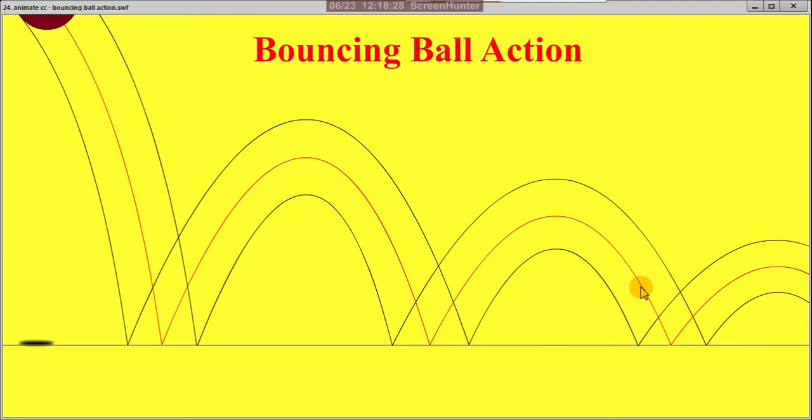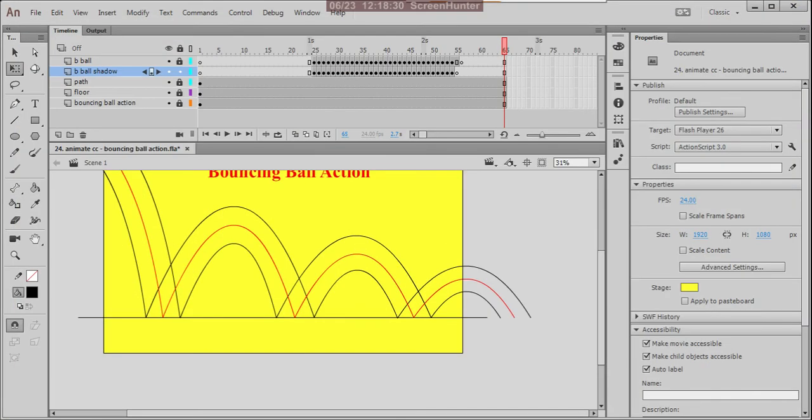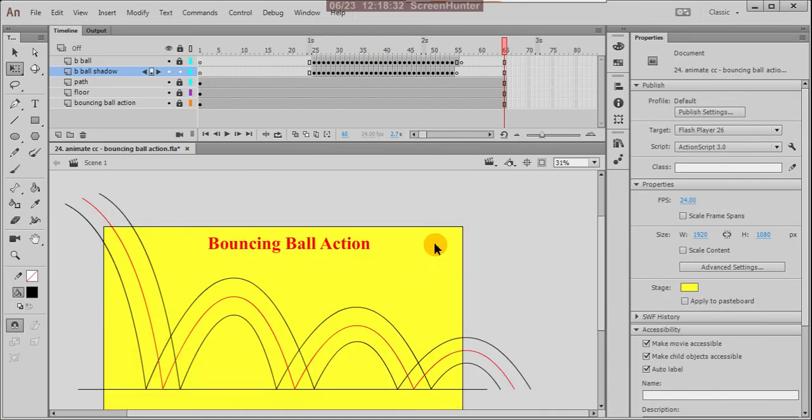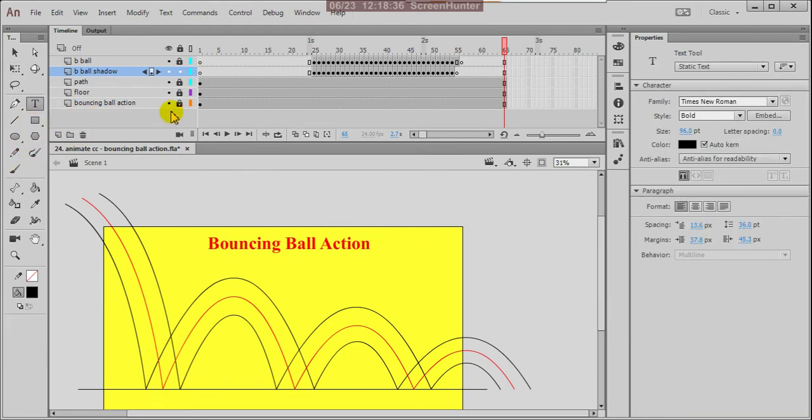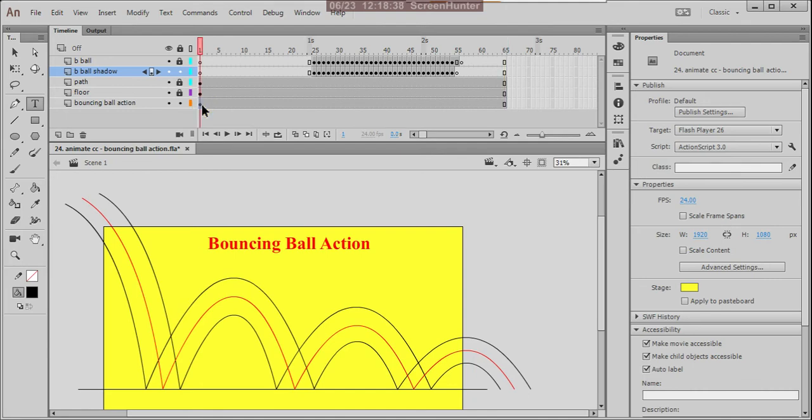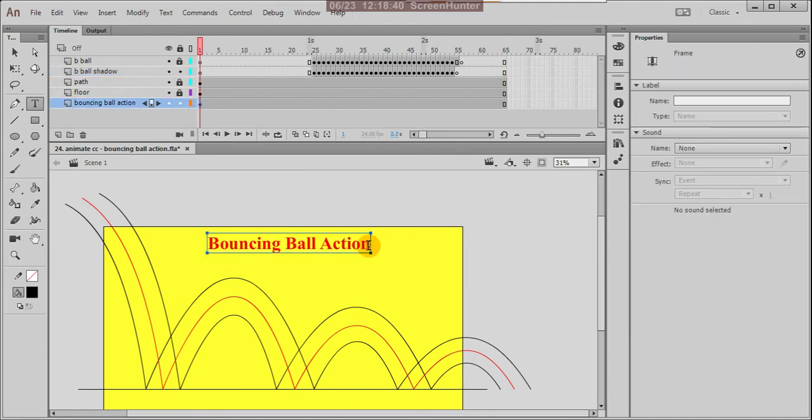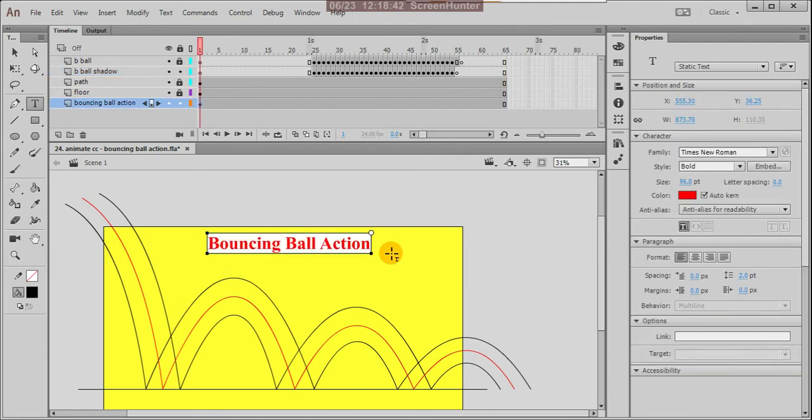So bouncing ball action. So here, bouncing ball action with shades.